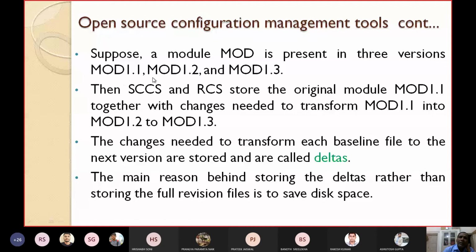They differ only slightly from the base version. So we store the base version and only the changes needed to migrate from 1.1 to 1.2 or 1.2 to 1.3. In this way you can minimize the disk space requirement.